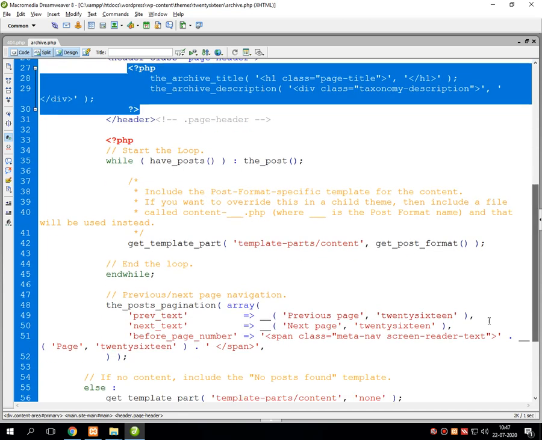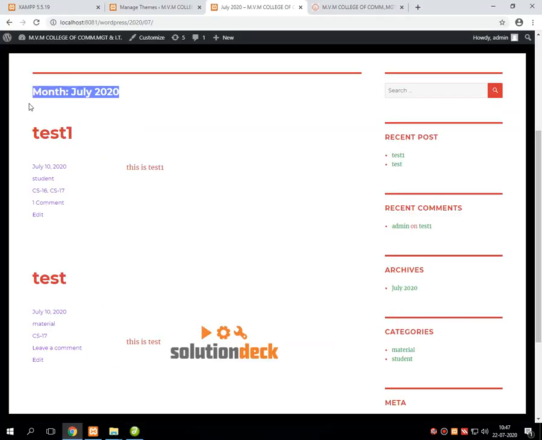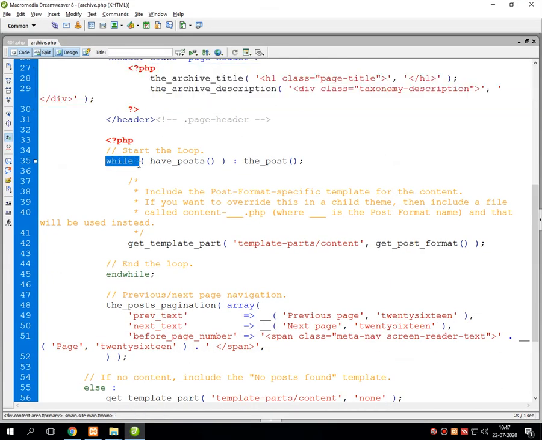Now, as you can see, after displaying the description of the archive, there is a detailed description of a given number of posts. That could be displayed using this while loop. That means in the PHP section there is a while loop.